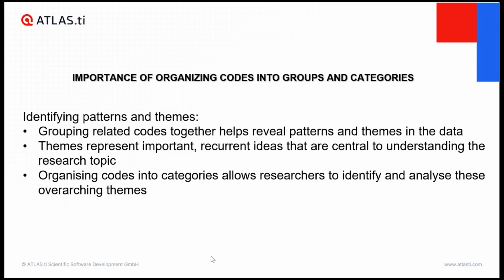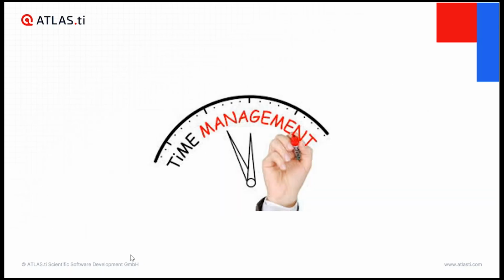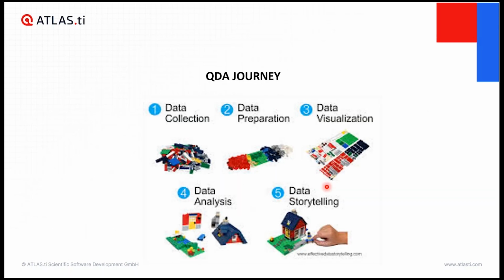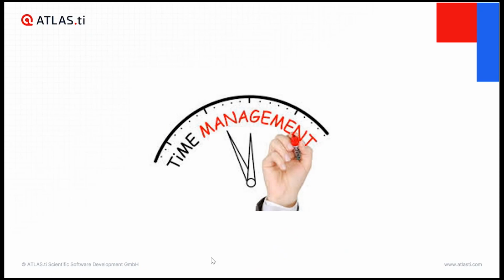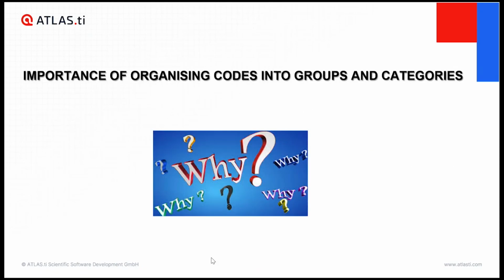So this process involves grouping related codes together, and you will see how the patterns and themes will develop. You'll also see at this stage how your data is coming up and how you will be presenting your data. Remember this thing that I showed you. At the end of the day, you have to tell the story. So when we are doing these code groups, already you can see how your storytelling is going to be. You will see how you can take some groups and make them a foundation, some a roof. So the sequence, the order of how you can tell your story. This is the gist of doing these code